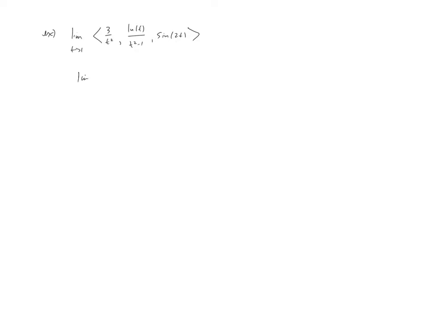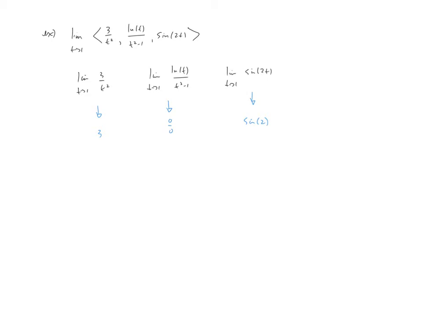So I'll need to do a limit as t approaches 1 of 3 over t squared, a limit as t approaches 1 of the natural log t over t squared minus 1, and the limit as t approaches 1 of sine of 2t. So this first one here is pretty easy. We can just plug in the 1 and we get a 3 that comes out of it. The last one is also pretty easy, where we plug in the 1 and we get a sine of 2 that comes out of it. However, this middle one here, if we plug in the 1, you'll notice we get a 0 over 0,